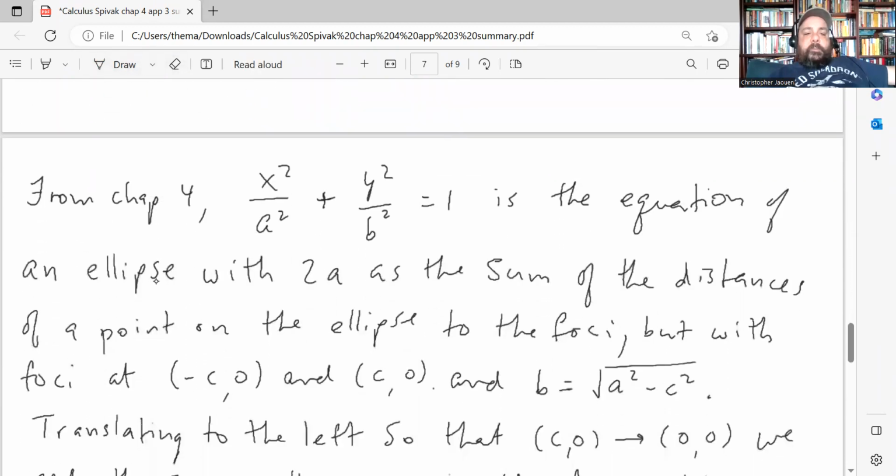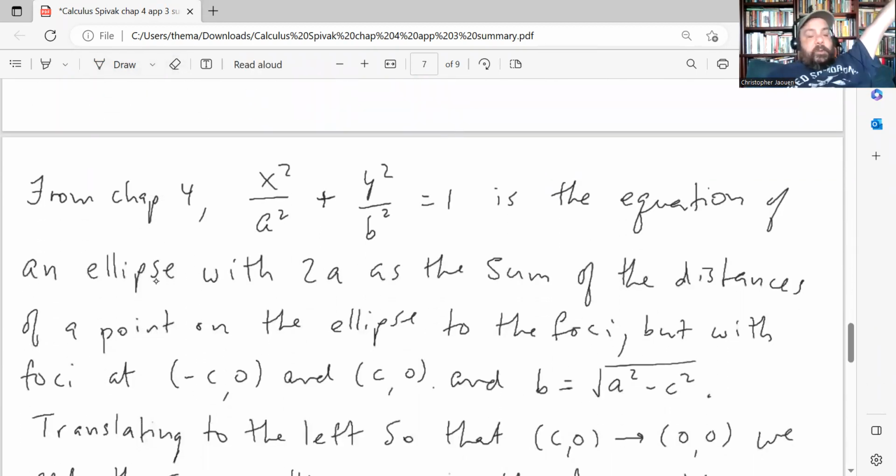Okay, also from the chapter, which I did a long time ago, so if you've forgotten what we did in chapter 4, you can take a look back at that video. From chapter 4, we derived this equation for an ellipse, x squared over a squared plus y squared over b squared equals 1. This is in Cartesian coordinates and it's the equation of an ellipse where the sum of the distances between a point on the ellipse and the foci is defined to be 2a, and the ellipse is centered